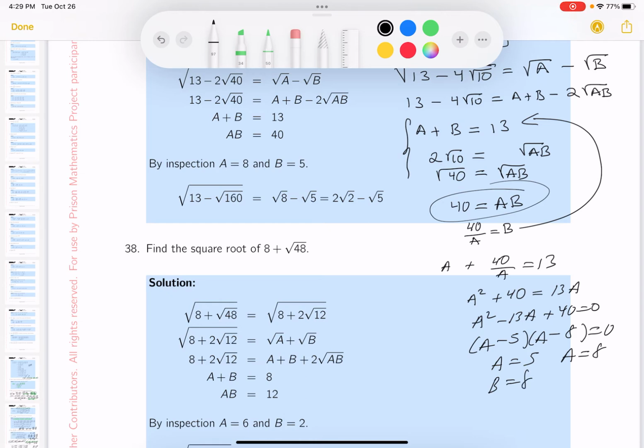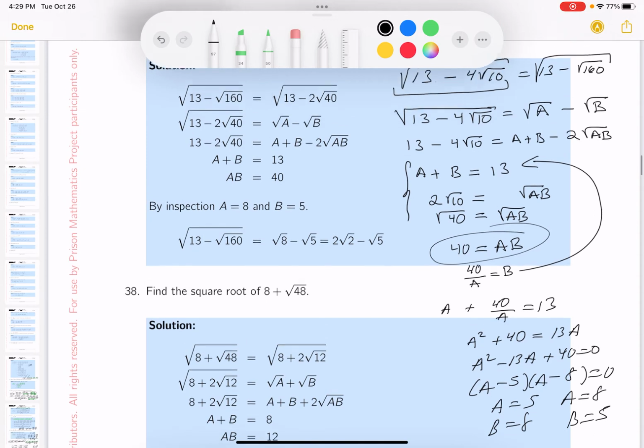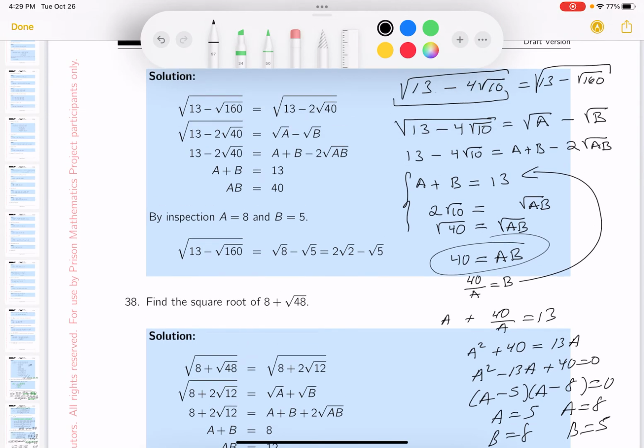And if the A is 8, the B would be 5. So I got two possibilities. And so it's two possibilities for what? Well, I'm looking at the problem, and this is my problem over here. I hope you know that